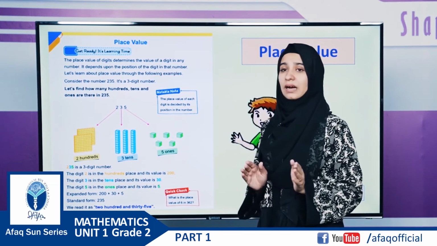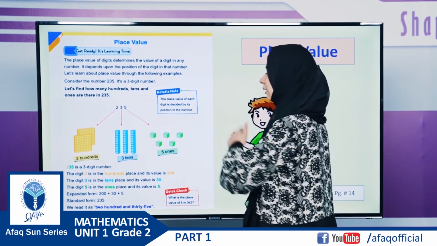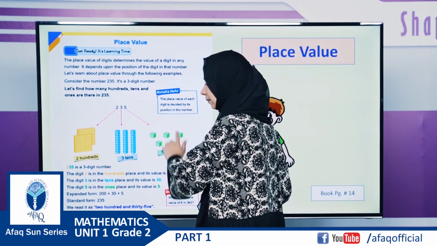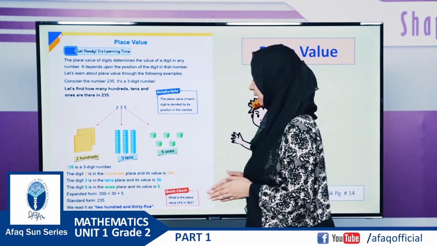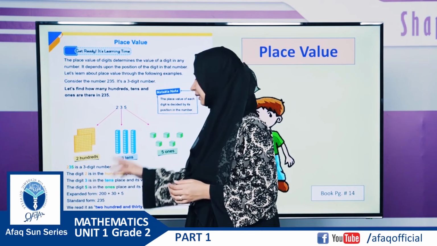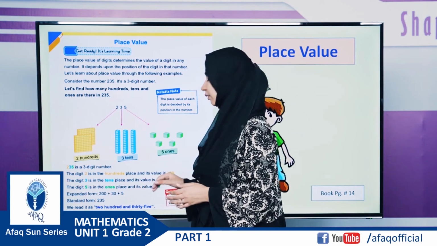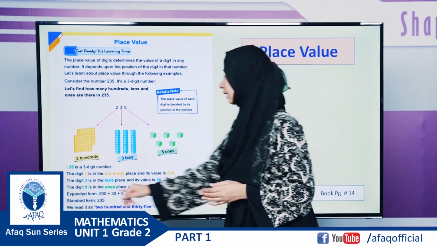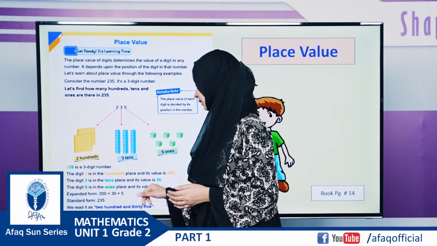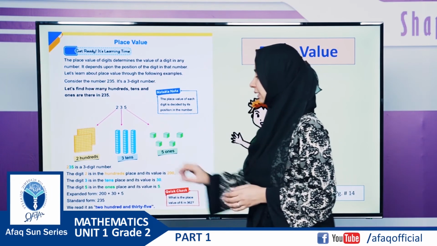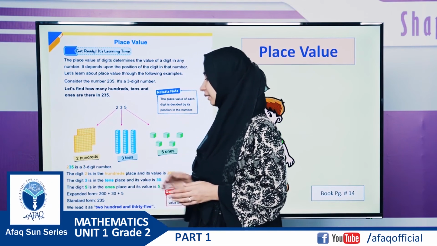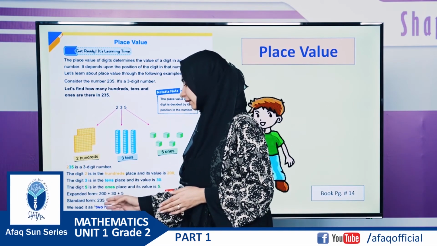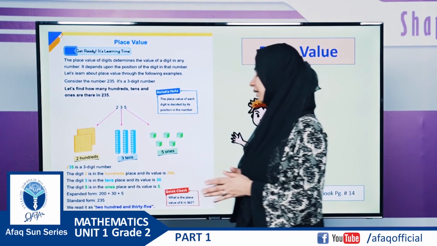We always count the numbers from the right to the left. We have first ones, then tens, and then hundreds. The digit 3 is in the tens place and its value is 30. The digit 5 is in the ones place and its value is 5. Its expanded form is 200 plus 30 plus 5 and standard form is 235, and together we read it as